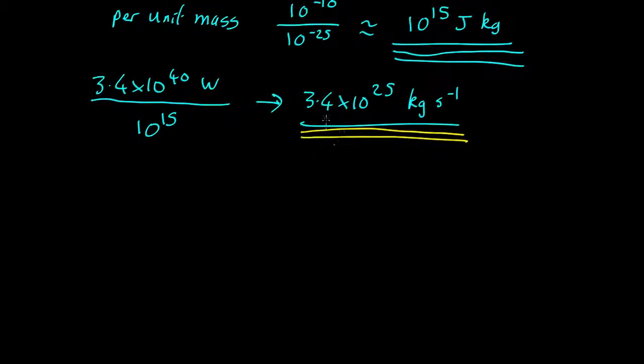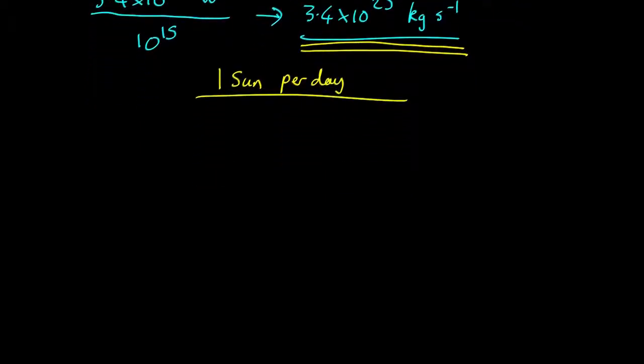So there are problems, you won't achieve that, but in the best possible situation you'd need 3.4 by 10 to the 25 kilograms per second, which is about one solar mass per day. So that's a lot of mass. So can we get this to work? Well, one way to do it, I suppose,